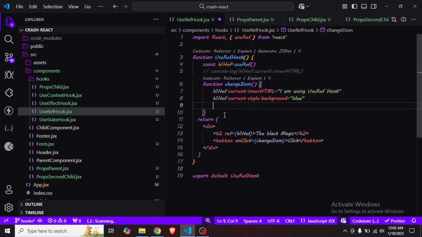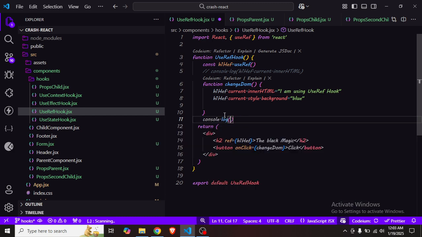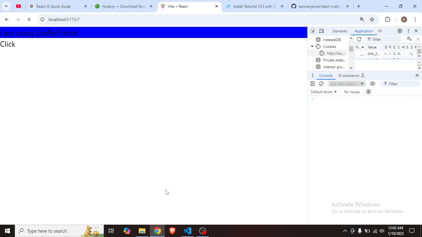Now let me console log component render. So here you can see that it is not rendering the component if I click or change the state of any HTML element. See, it is not rendering, and if I do it with the help of